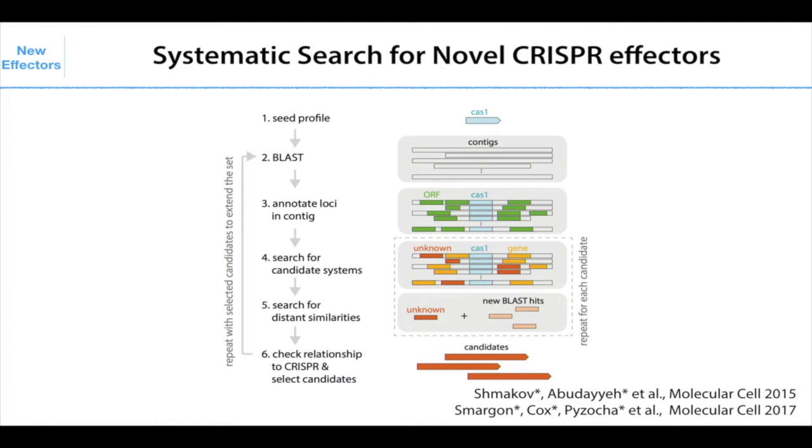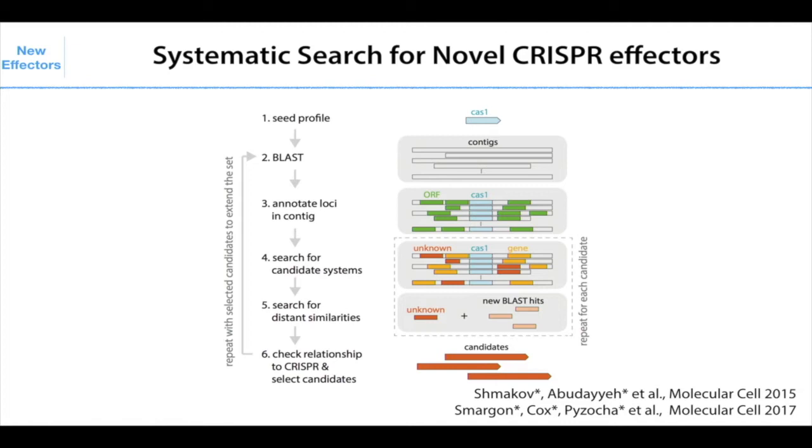And so we naturally focus on these genes of unknown function, because if we only look at the genes that are homologous to genes of known function, we won't find a new CRISPR effector. And so based on that, we then found a list of different genes of unknown function. And then we apply two criteria to this.